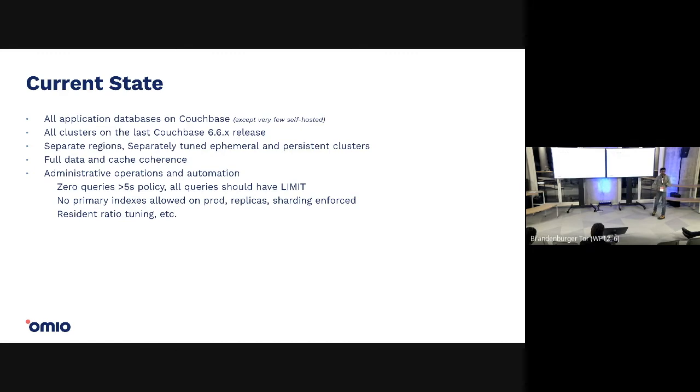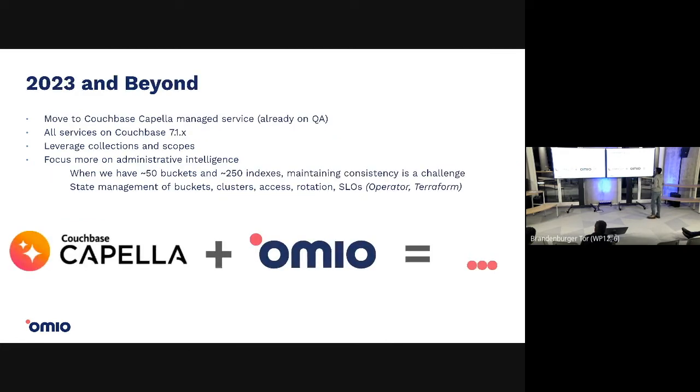Resident ratio. So these are all administrative processes that we have built because we adopt 100%. This is the ROI side, and this is possible only if we adopt technology completely. Otherwise, for one or two buckets and one or two clusters, it's hard to find the economy of scale for this. 2023 and beyond,